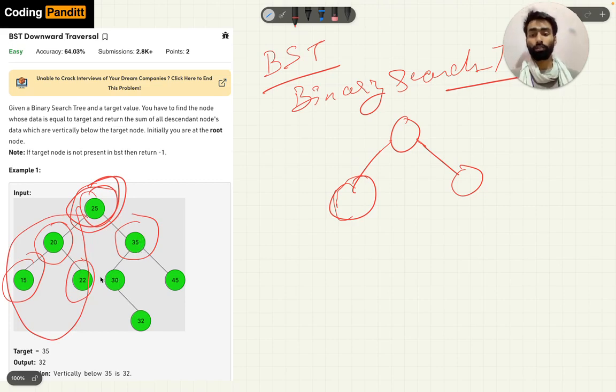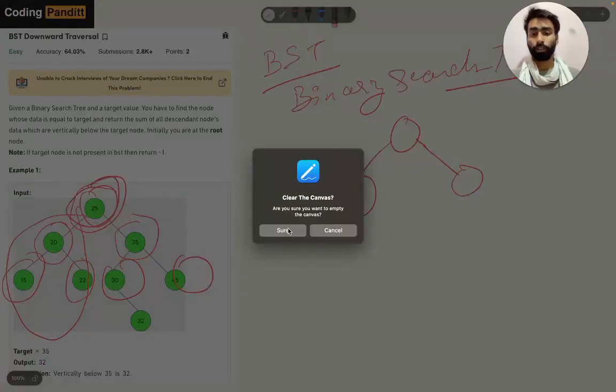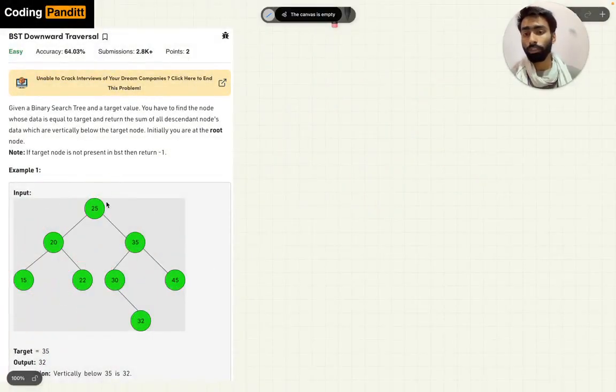So if we take the example given in the question itself, let's say we have to find the answer for 35, that is the downward vertical sum of 35.